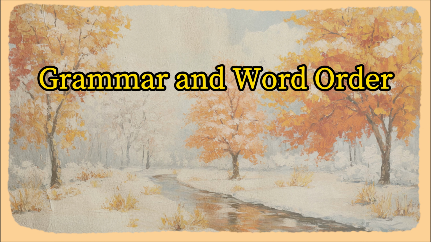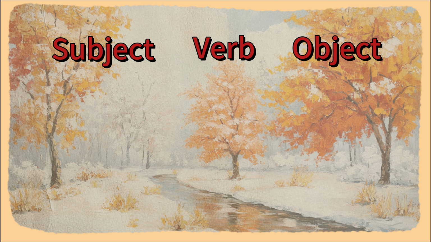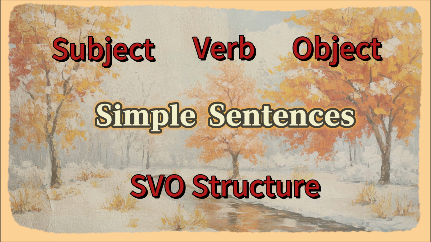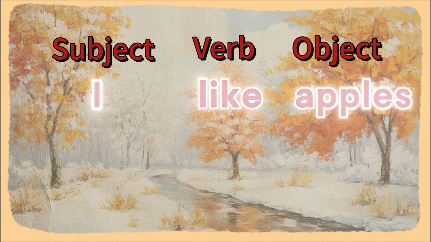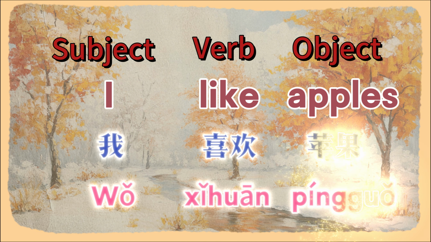2. Similarities and differences in grammar and word order. Similarities. 1. Subject, verb, object, SVO structure. In simple sentences, both Chinese and English follow the subject, verb, object structure. For example, English: I like apples. Chinese: 我喜欢苹果。